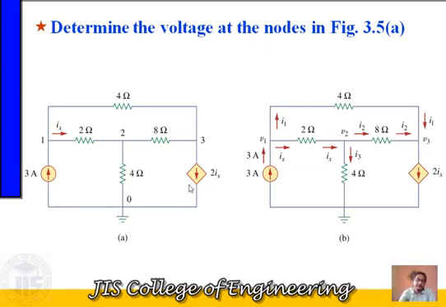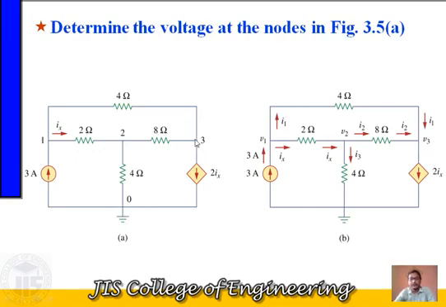So here is one node. We have considered node number 0, node number 1, node number 2, and node number 3. So total 4 nodes are there. Among these 4 different nodes, only one node can be considered as a reference node. That's your choice. You can consider any of the nodes as a reference node. We are considering this node as the reference node having 0 potential, and the remaining nodes, node 1, node 2, and node 3,